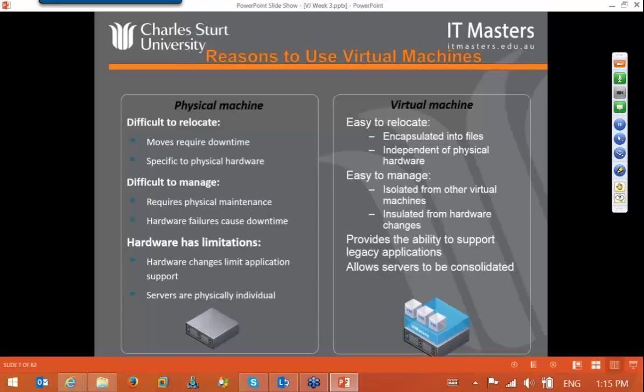We talked about the limitation of the physical machine environment many times, as one of the most important limitations was application support. And we mentioned also that servers are physically individual. In a virtualization environment, relocation is much easier. It will help you to encapsulate into files, and it gives you the independency of physical